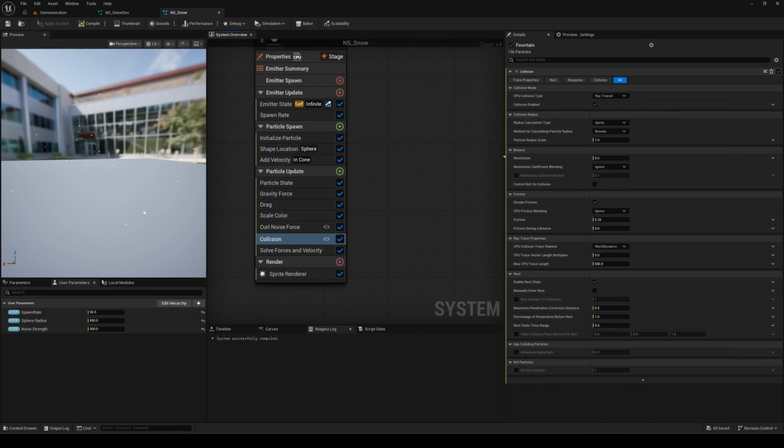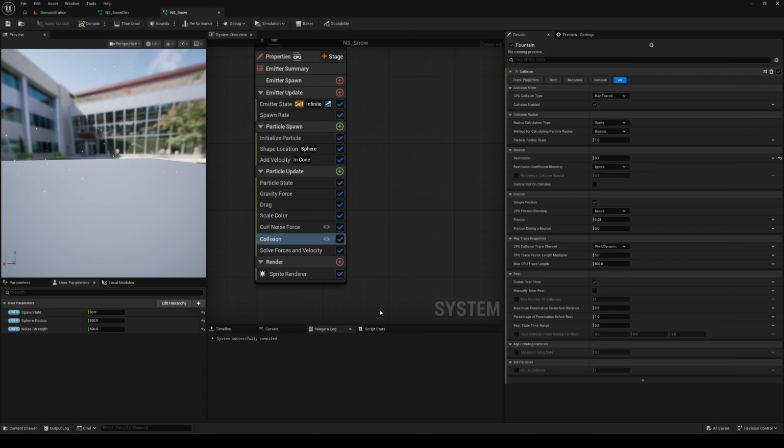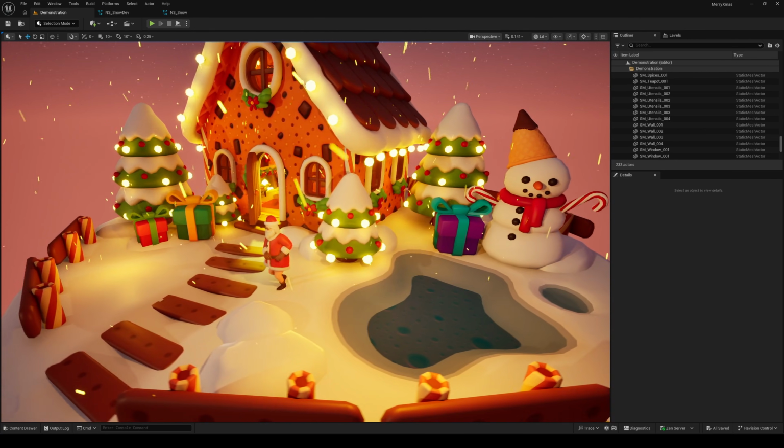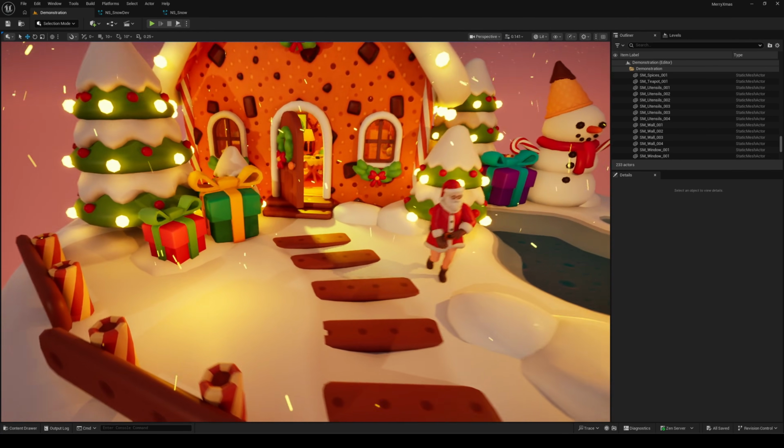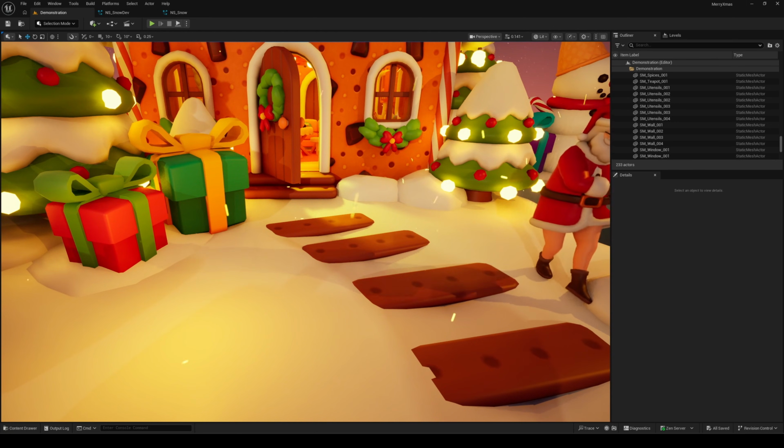But there are two key parameters that really make this feel like snow. First, the restitution value. Lower it close to 0 to avoid bouncy particles when they hit the ground. A value closer to 1 will behave more like a rubber ball, which is definitely not what we want here. Second, kill on collision. Setting this to something like 2 means the particle will be destroyed after 2 collisions. This helps avoid visible bouncing even with a low restitution value. These two parameters alone already go a long way in selling the effect.